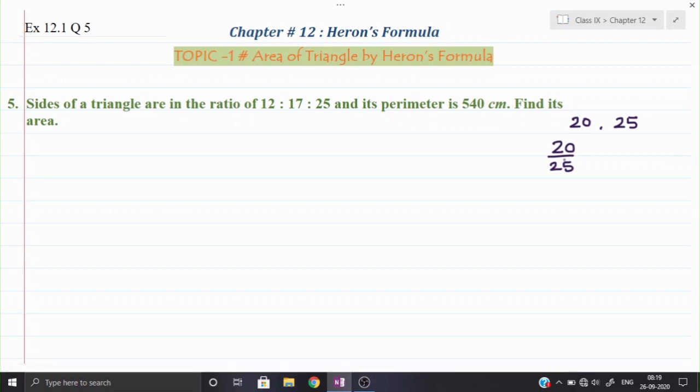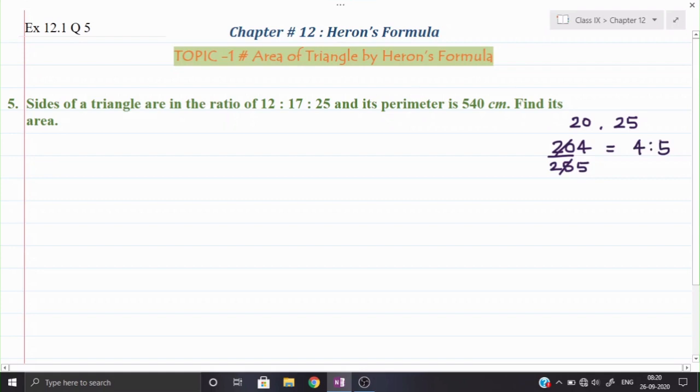If there are multiple common numbers, that is a different case, but here I have taken an example where you will find only one common number which can divide both of them, that is 5. If you take 5, it will divide 20 four times and 25 five times. So we can say that the ratio between 20 and 25 is